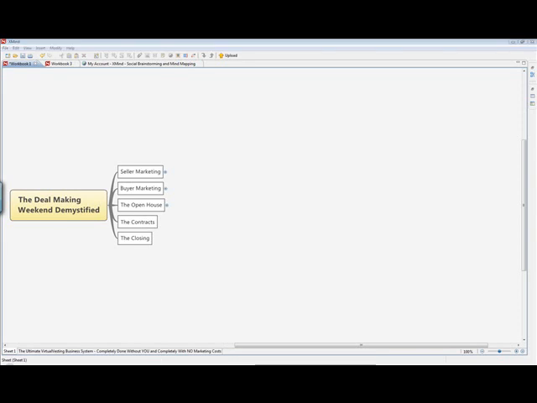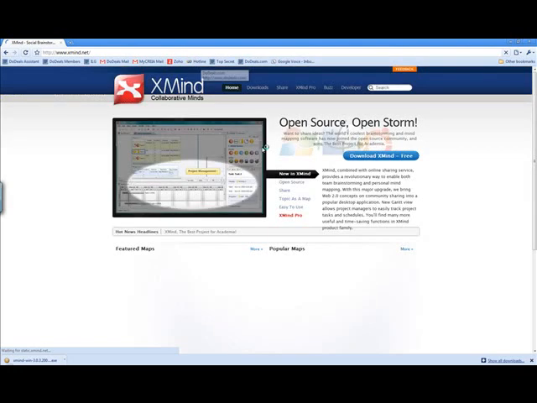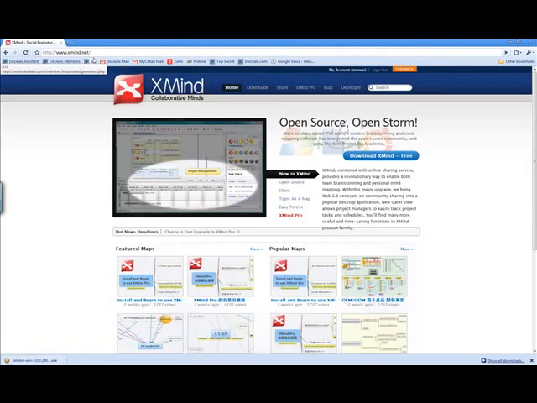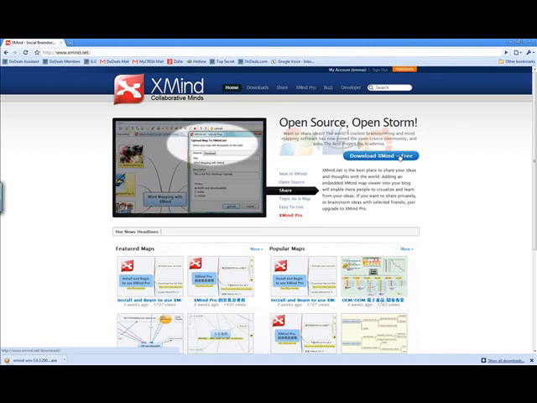Can you guys see that? When you go there, on the right side it says download Xmind free. Click on that, download the software, and install it real quick.